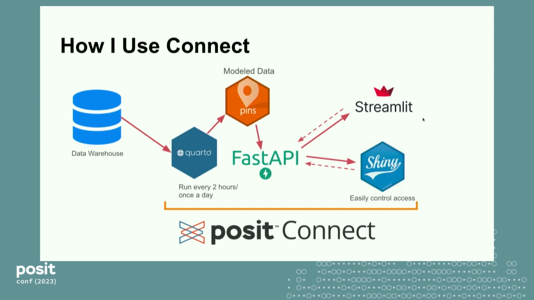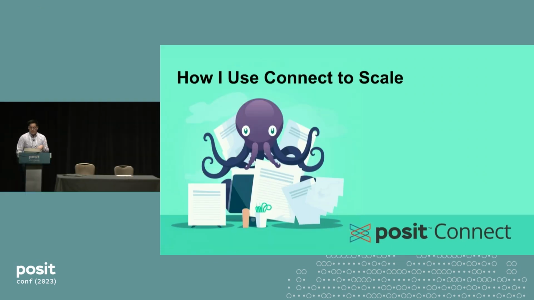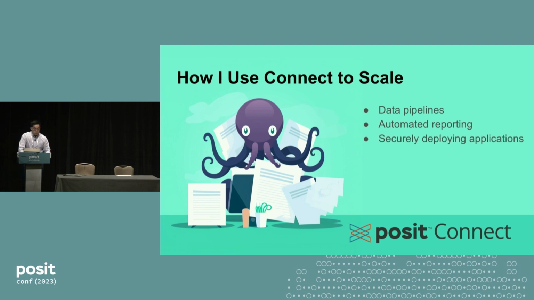So that only the investments team can look at the Streamlit app, and the marketing team can only look at this Shiny app, right? And it's a fantastic way for you to control all these things. And because of that, I felt like I could do all these different things just being that sole developer, right? So I had data pipelines running, automated reporting, and you can securely deploy these applications like Shiny, Streamlit, and then I also used Quarto to create a website